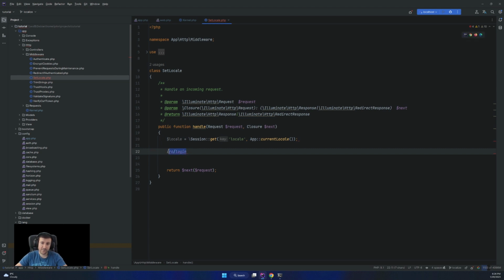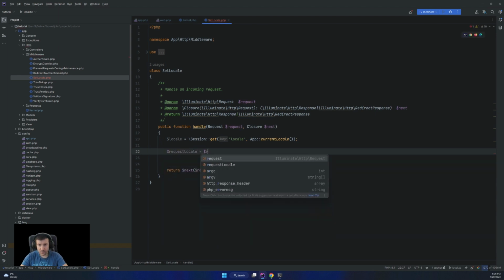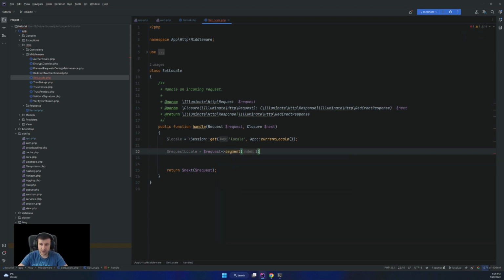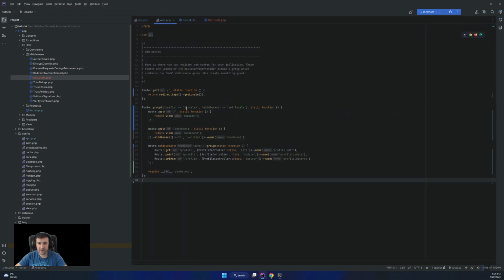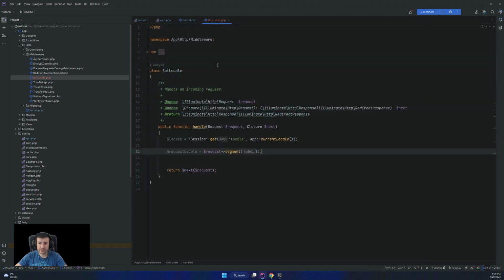Obviously we want this one. So I'm going to get the locale from the segment. I'm going to say request locale, and it will be request segment and then one. I know because I set in here that the first should always be a locale.